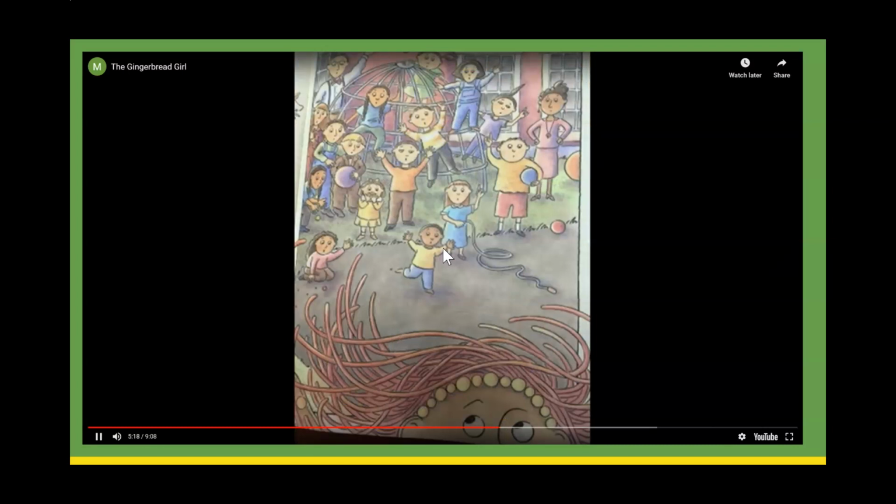Now the path ran right past a school. The children were out for recess and feeling quite hungry. Shouts of "Cookie!" were heard across the playground. The gingerbread girl waved to them all as they joined the chase with their teachers, and she sang, I know